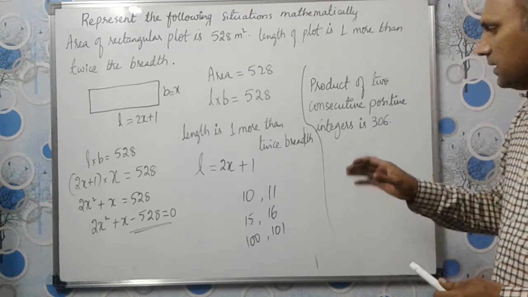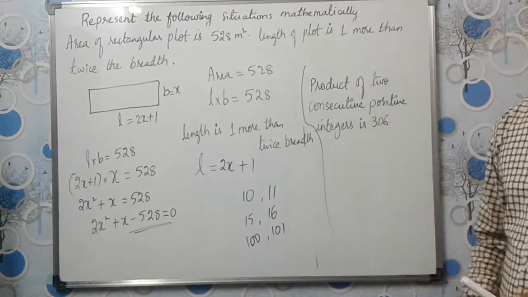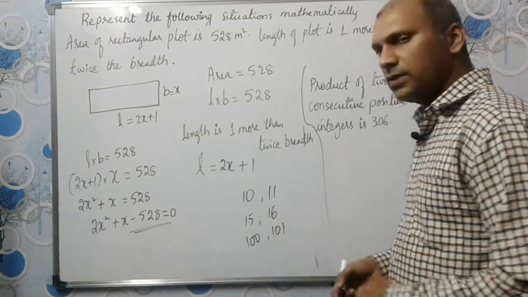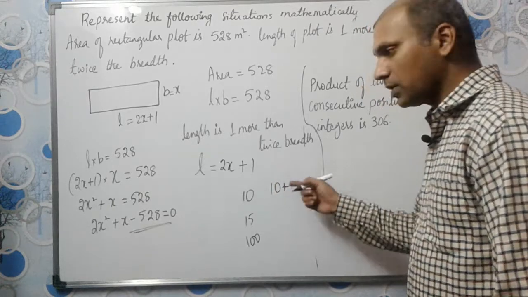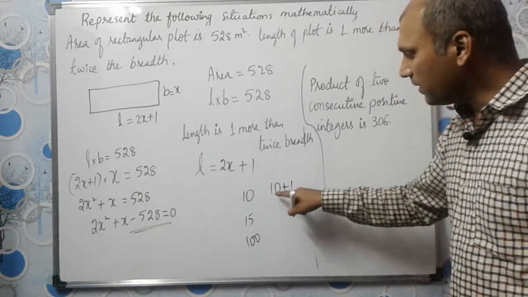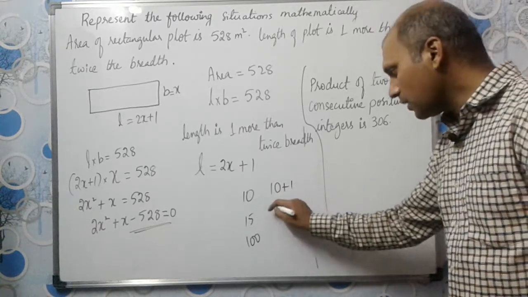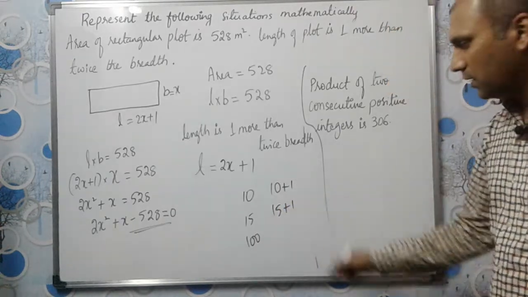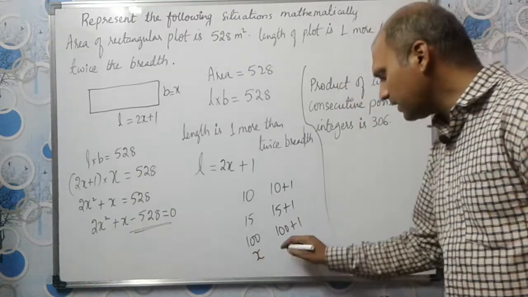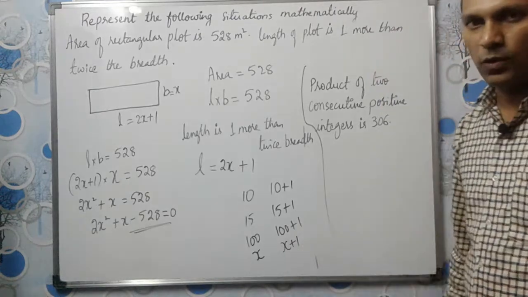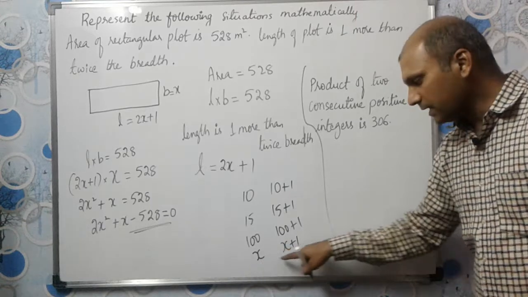Okay. So like this, we have two consecutive positive integers and their product is 306. So see here, how should we write two consecutive positive integers? If the first number is 10, the next number will be one more, it will be 11, right? How should we write 11? 10 plus 1, 1 more than 10. 15 is given, the next number will be 16. So how should we write that 16? 15 plus 1. Here 100 plus 1. So now if you take the first number as x, the next number obviously will be x plus 1, 1 more than the previous one, right? So now the two consecutive numbers or integers are x and x plus 1.